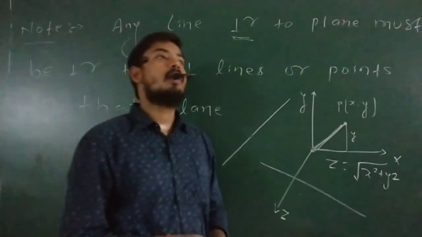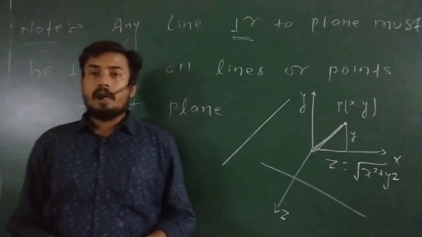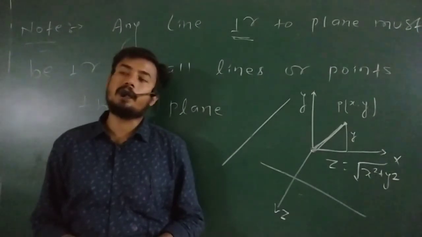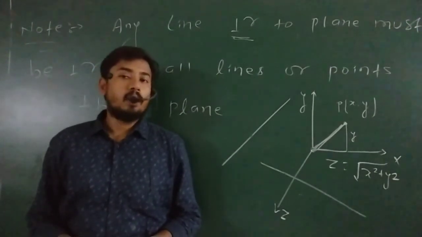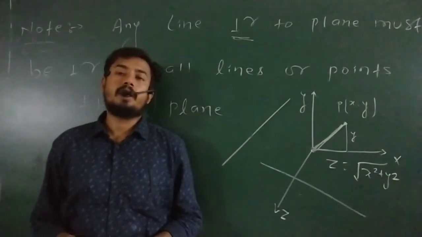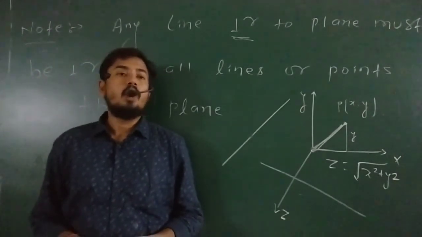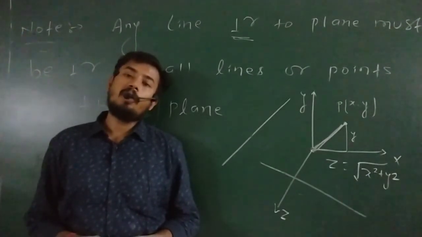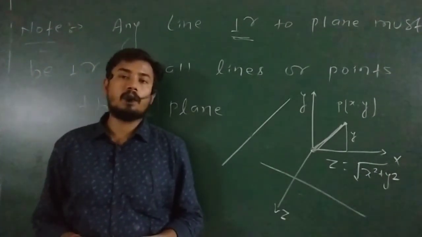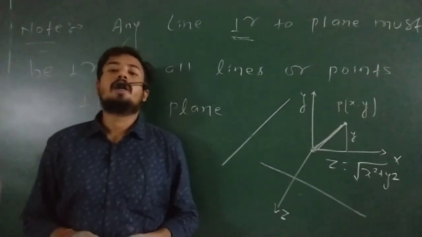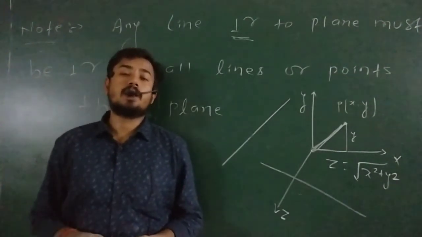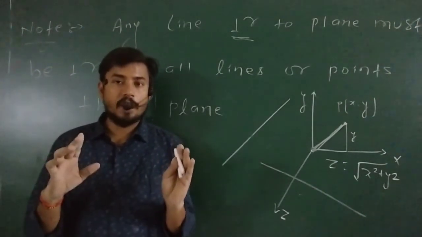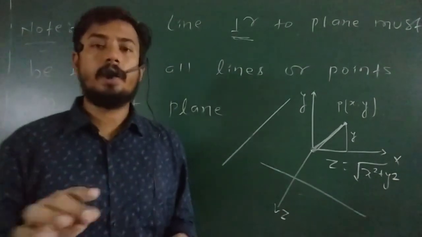Done, buddy? Okay. So my dear students, this is all about the concept of geometrical physics, or coordinate geometry. Now we are going to start the concept of differentiation, right? Before that, I want to say one thing: the graph is remaining. I will teach you graphs after differentiation, because there is some concept we will use, like slope, right? So in that case, first of all we have to study differentiation, then graphs, right? Okay, thank you.